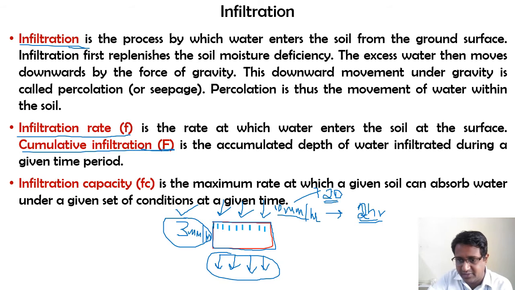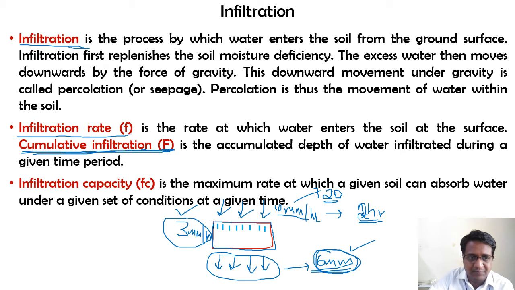Similarly, this soil which can allow the water to pass through it, the infiltration rate I have told as 3 millimeters per hour, right? So if you multiply it with the duration of the rainfall, how much am I going to get? This infiltration is going to be 6 millimeters. This is not per hour. This is the total volume we are talking about. So this total 6 mm I have expressed will become the cumulative infiltration for the given set of conditions I just explained.